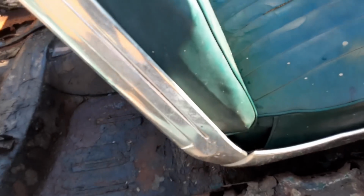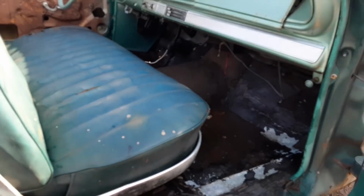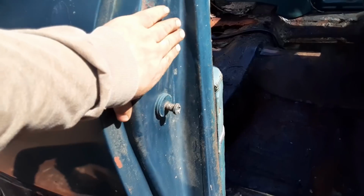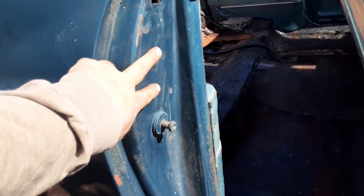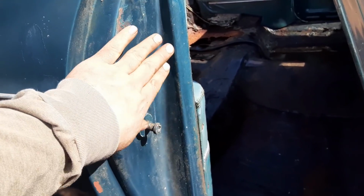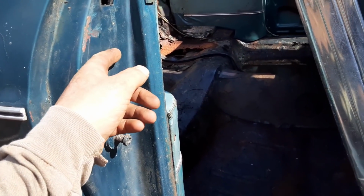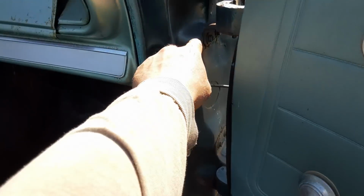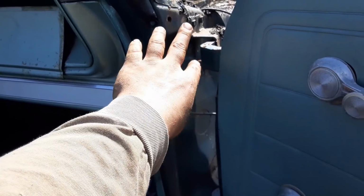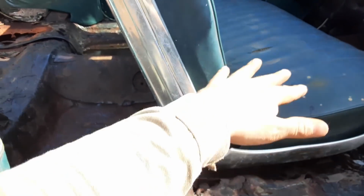You guys tell me if I'm a fool for doing this or not, but I think before I try and lift this body off of the frame that it's on now, I'm going to take a piece of flat, I don't know, 1/8 inch 3x3 plate of steel and tack weld it onto here. You know, good, so it doesn't go anywhere. And I'm going to run a piece of square tubing, weld it onto that, good, run it down to here, and make a plate that has the same bolt pattern as that door hinge. Bolt that onto there, and that way when I pick up on the body,